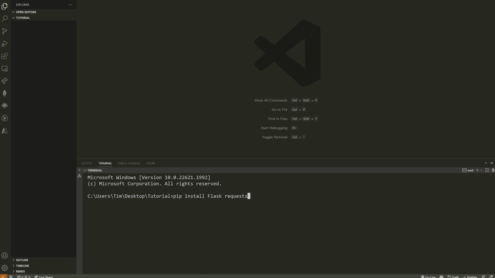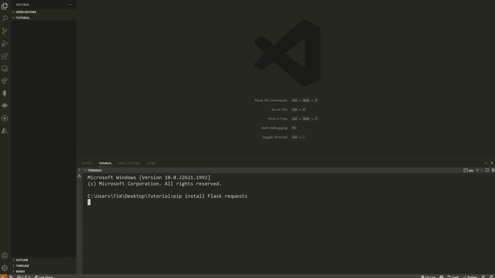Flask is a lightweight web framework, which I'm going to show you how to use here. Essentially, it allows us to create a website using almost purely Python. We just need a bit of HTML and CSS. And requests is what we can use to hit the SpaceX API, which will return some data to us. If you're unfamiliar with APIs, I'm going to talk a bit about how they work in just a few minutes, so bear with me here.